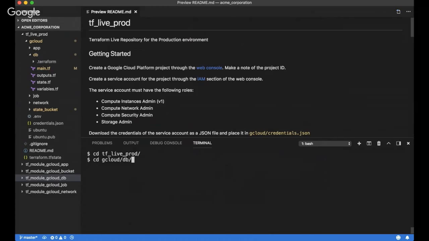We go into that folder. This is what CI/CD would do. We run a Terraform apply. However, since it's running under CI/CD, or we're trying to show that it is, we're not going to interact with it. So we have to do a Terraform apply with an auto approve switch. This just means that it's just going to run right through the apply.